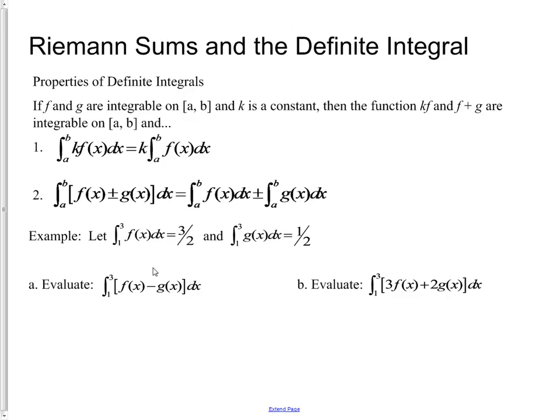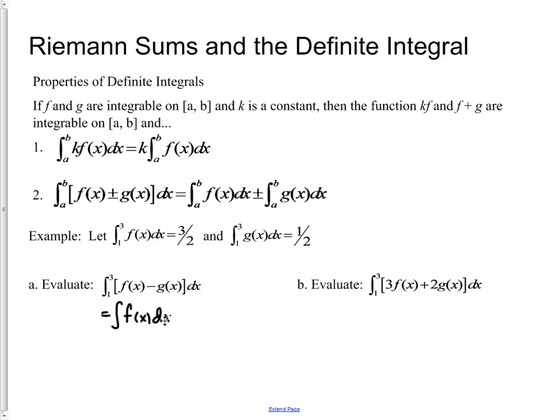And now, as an example, we can just use this basic idea with a function like this one, where we're told that the definite integral from 1 to 3 of f of x dx is 3 halves, and the definite integral from 1 to 3 of g of x dx is equal to 1 half. We're asked to evaluate the definite integral of f of x minus g of x dx on the interval from 1 to 3, and by this rule we know that we're taking the definite integral of f of x dx,